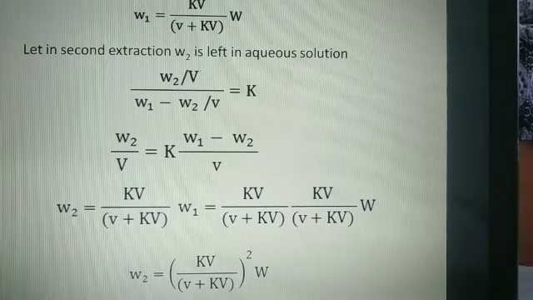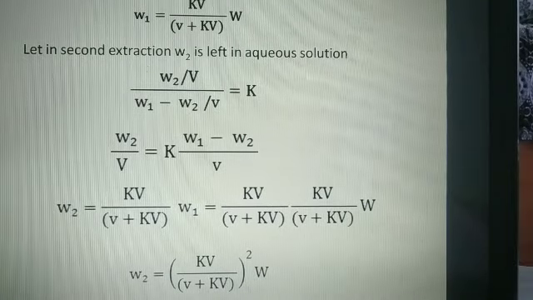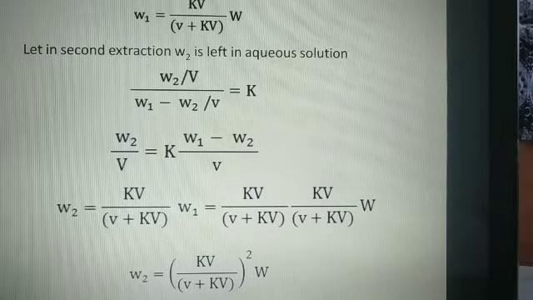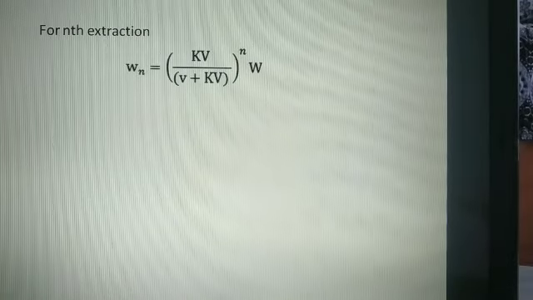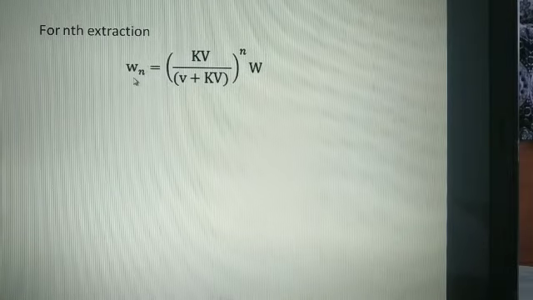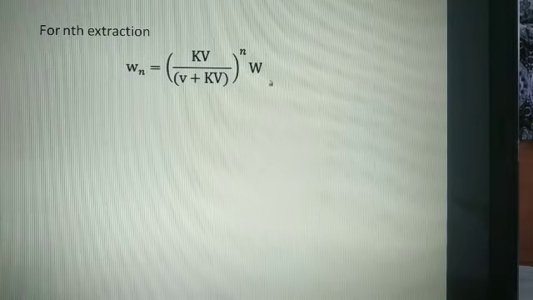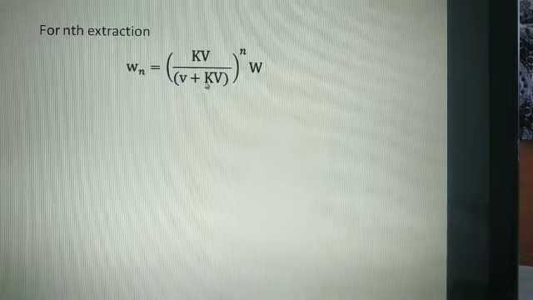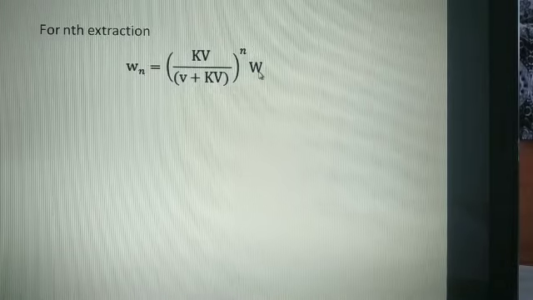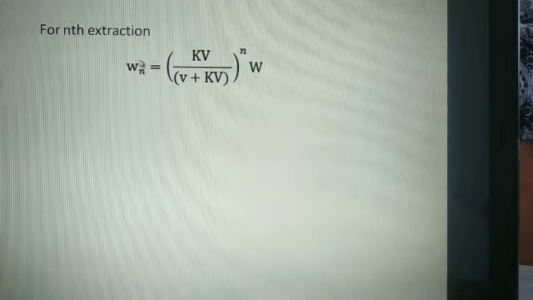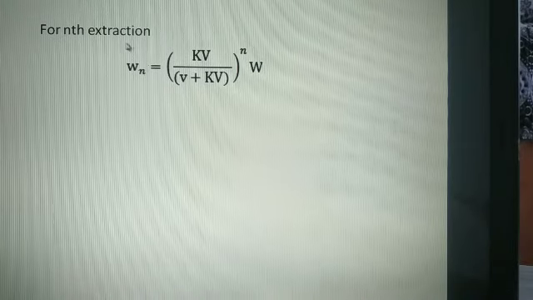If you go on applying this formula, let W3 be left in the solution in this way. Then for the nth extraction we will have Wn equal to KV over V plus KV, raised to the power n, into W. That is the amount that will be left in the